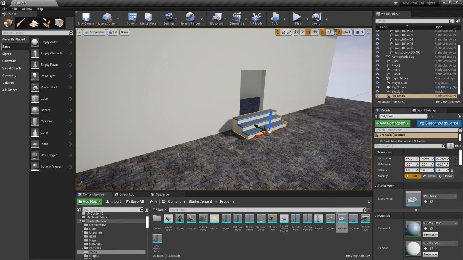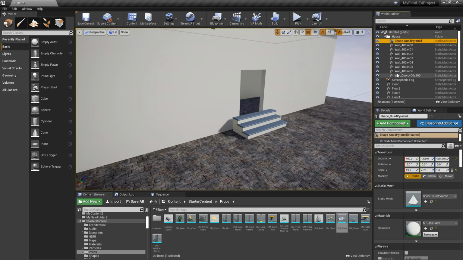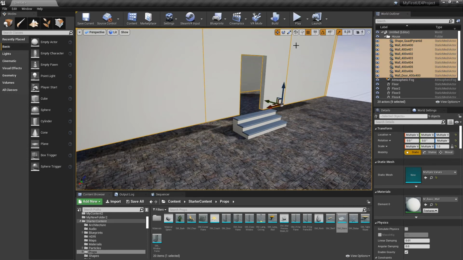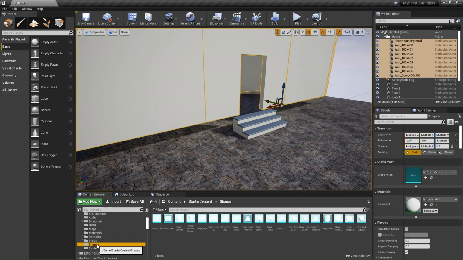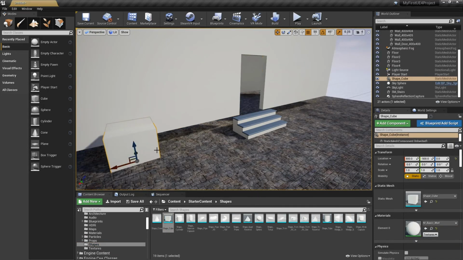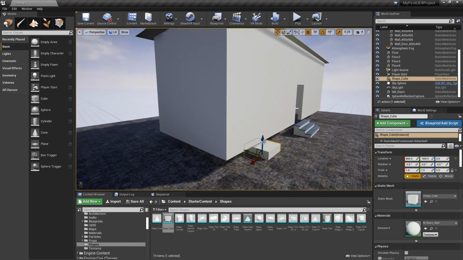And we're going to select the house. So now if I click and drag here, shift drag, now I'm going to bring all of these up 50 units. Great. So now we need something underneath there to fill in. So let's just bring in a piece of geometry, maybe. I think shapes will work. Drag that in. We can scale that down.